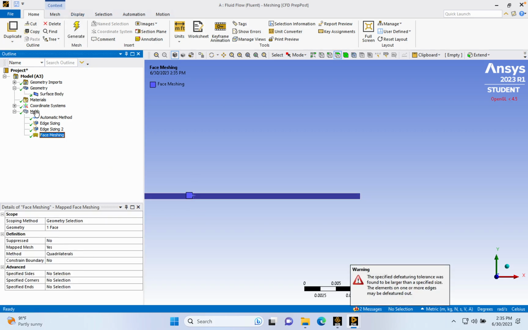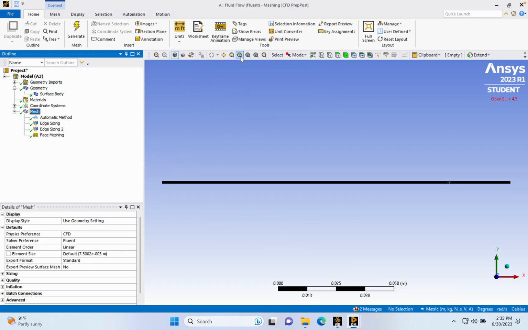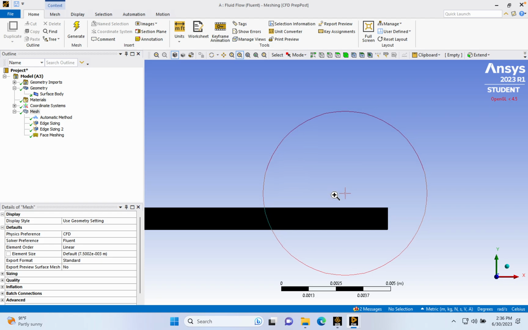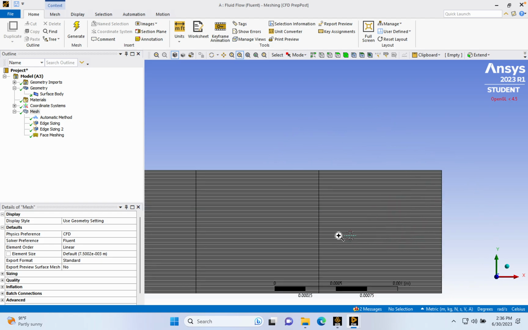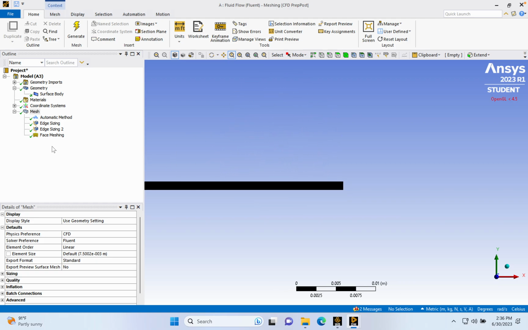And if we hit mesh again, we can see that it's kind of looking all black. But if we zoom in a good bit, we can see we've just got a nice amount of divisions. And I did quite a few divisions on this height here. You can get away with less, but okay. The next thing we want to do, or the last thing really we have to do here in the